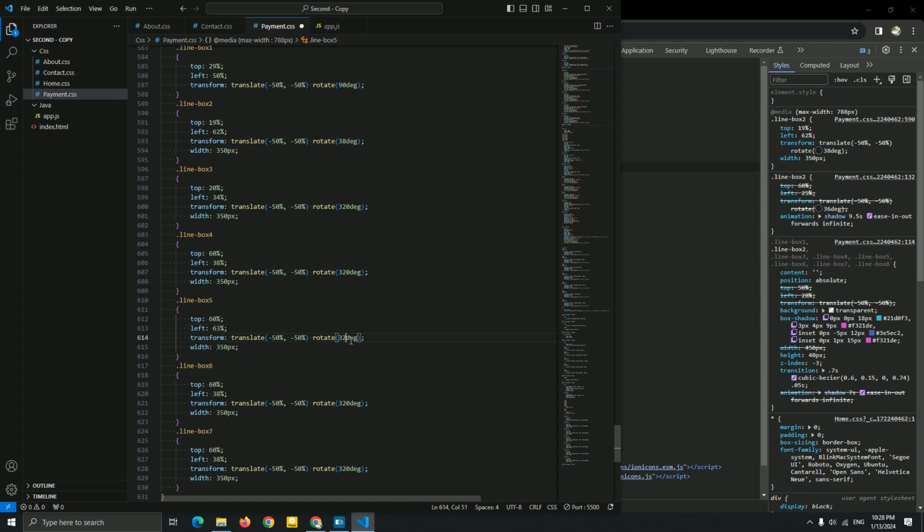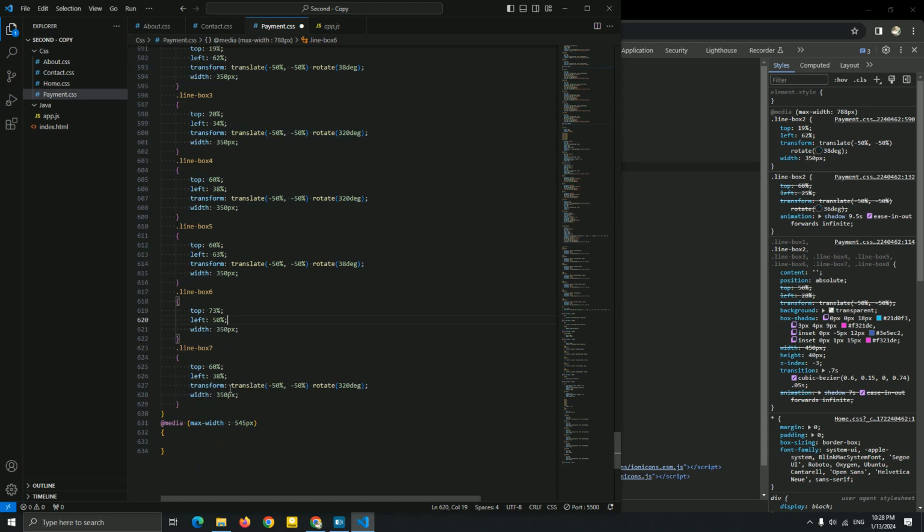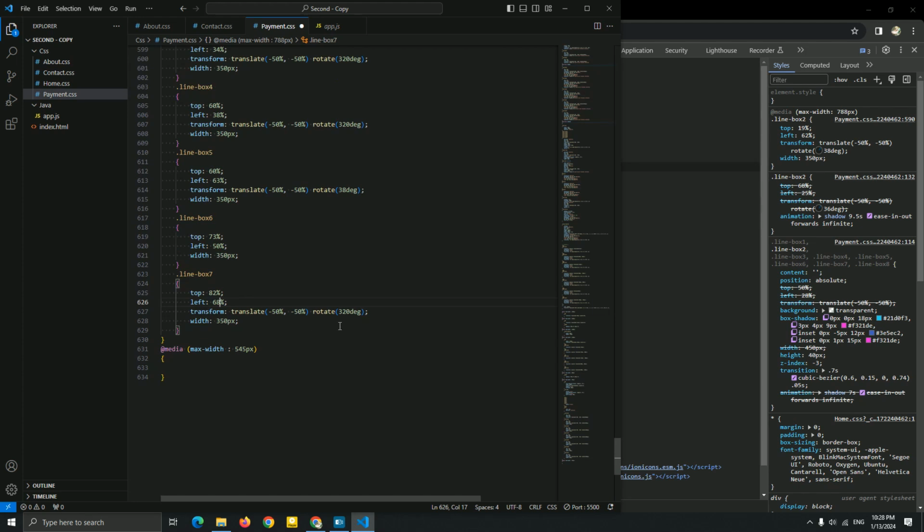Let me add a degree, 38 degree. Next, I'm gonna add 73% for this, left 15%. Okay, no need for this, delete it. Next, let me 82% for the top, the line 7. Okay, 68%. Let me just change this, rotate.